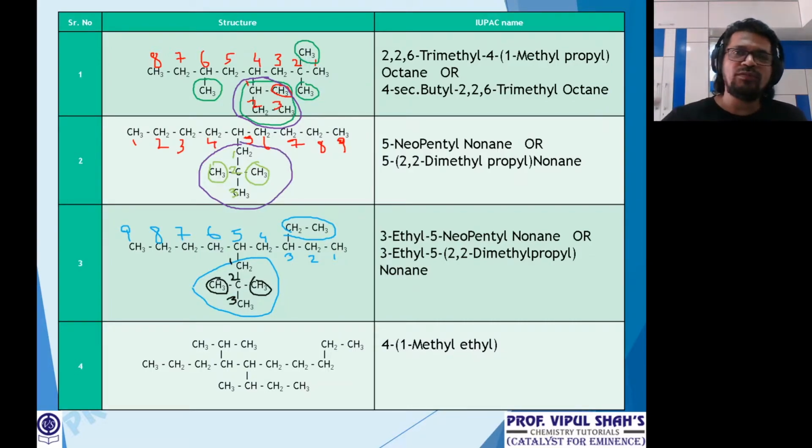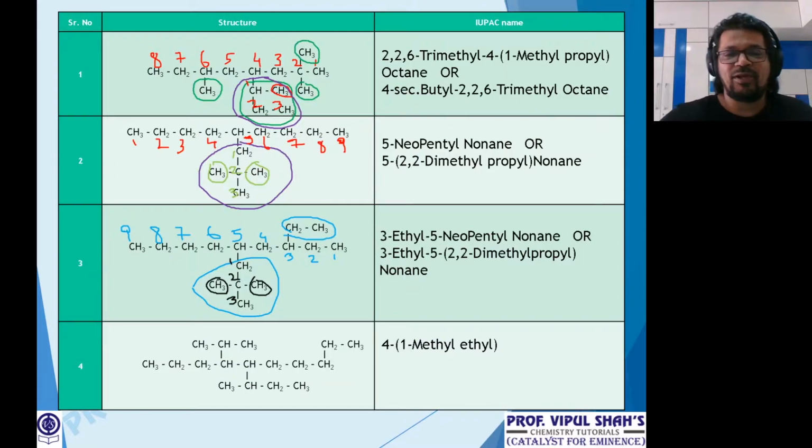Clear? So out of these two, any name you can give. My suggestion would be, as a preference, give only the IUPAC name where you are not using the common names. But sometimes in an MCQ, if they say give the structure of 5-neopentyl nonane, then you should know. For these branched chain groups, we can use fusion names where they can be a part of common also or a part of IUPAC, or we can have exclusive IUPAC also. Both are valid.